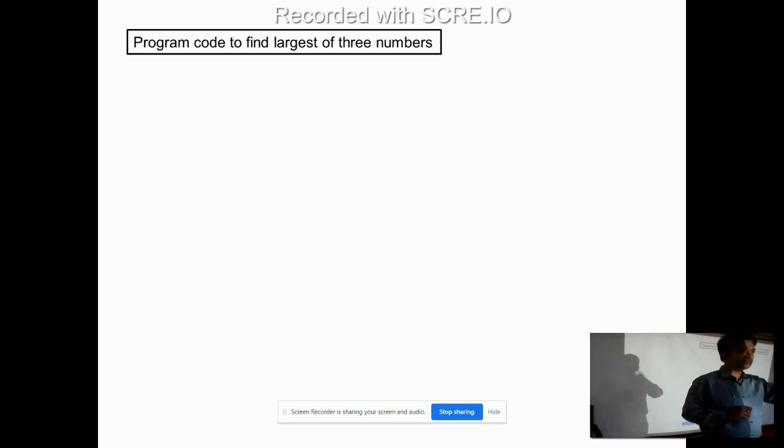See, for example, simple logic. If the three numbers are given to you,